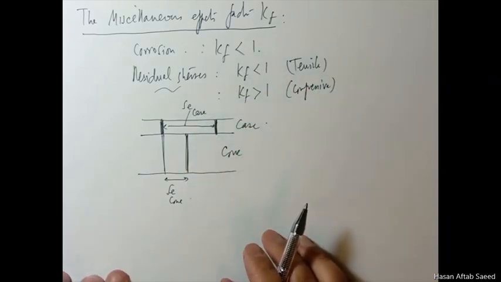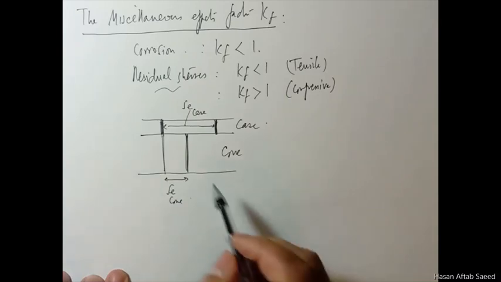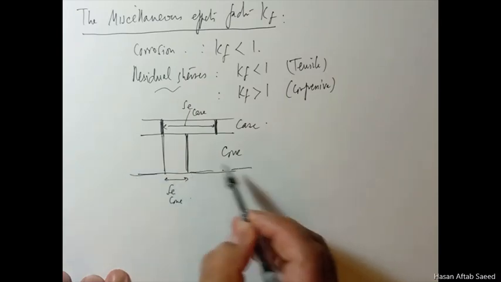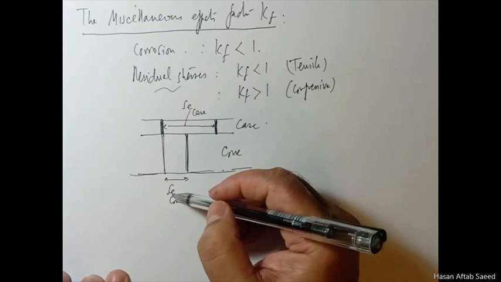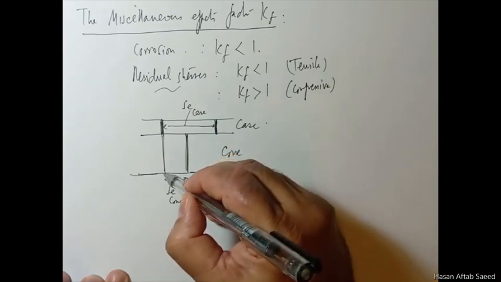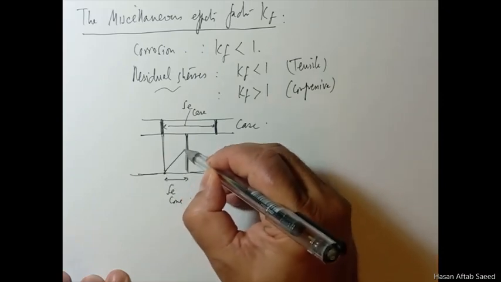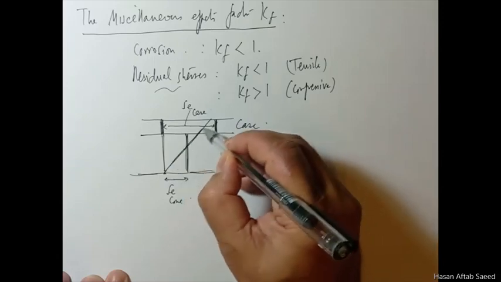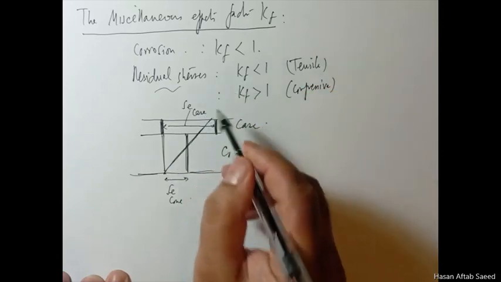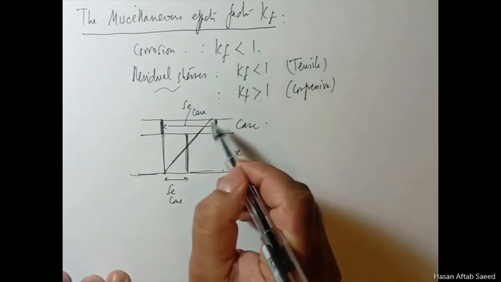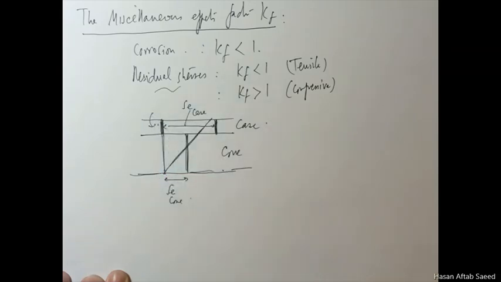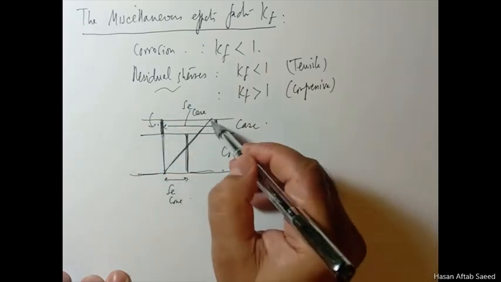Now where one needs to be careful is that if this is the center line, and it is bending stress, for example, then the stress will vary like this. Now you'll be tempted to use the endurance limit for the case,